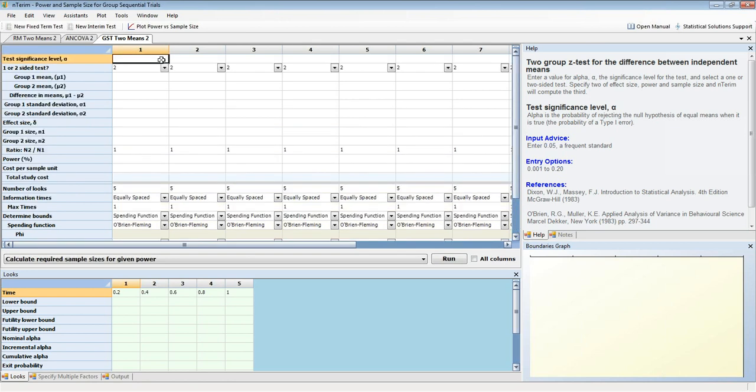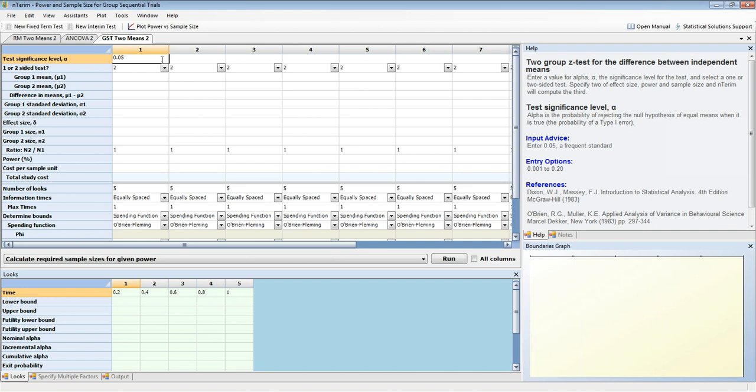Actually, just a quick note on group sequential trials before I forget, just for those of you who aren't familiar with it, maybe more familiar with fixed period trials. How these differ from the fixed period trials that you might be used to is that the data from the trial in a group sequential trial is analyzed at 1 or more stages prior to the conclusion of the trial. So as a result of this, the alpha value, which is applied at each analysis or look, must be adjusted to preserve the overall type 1 error of the design.